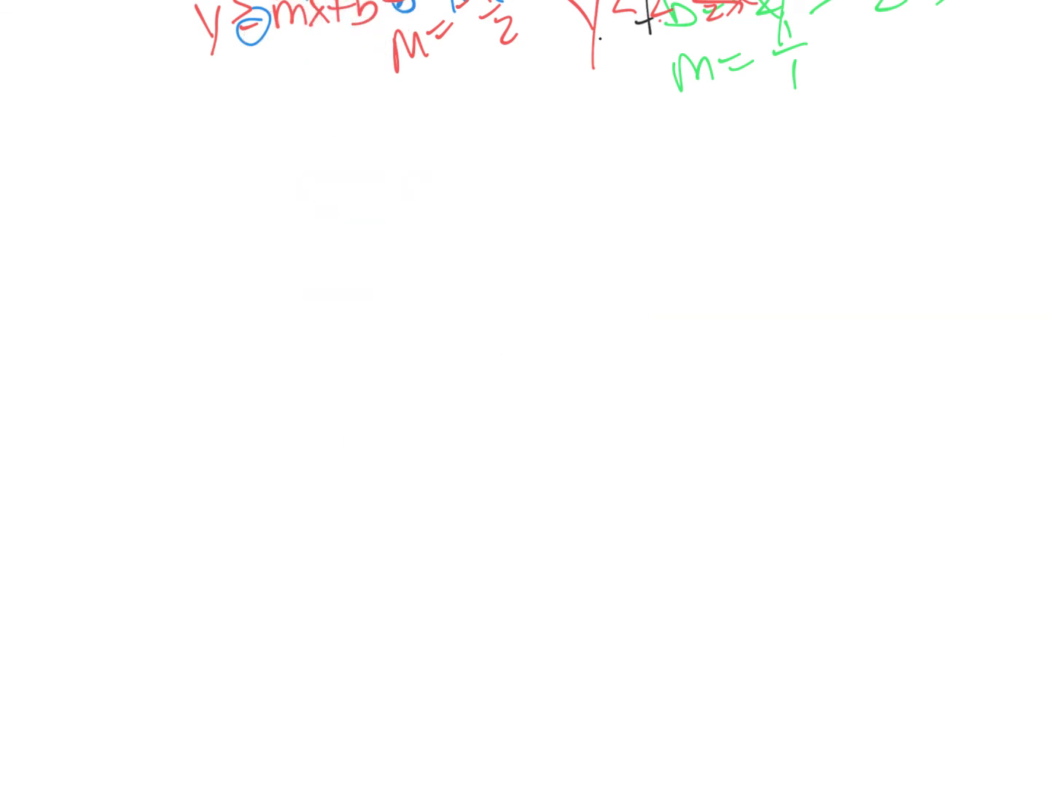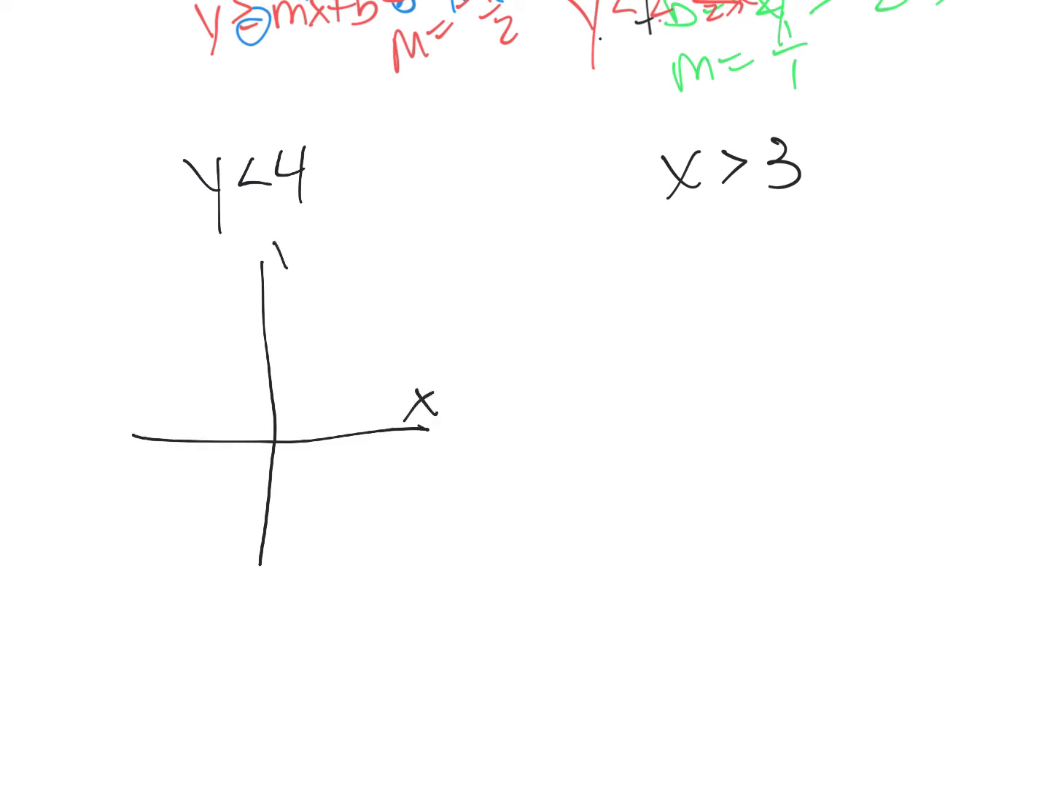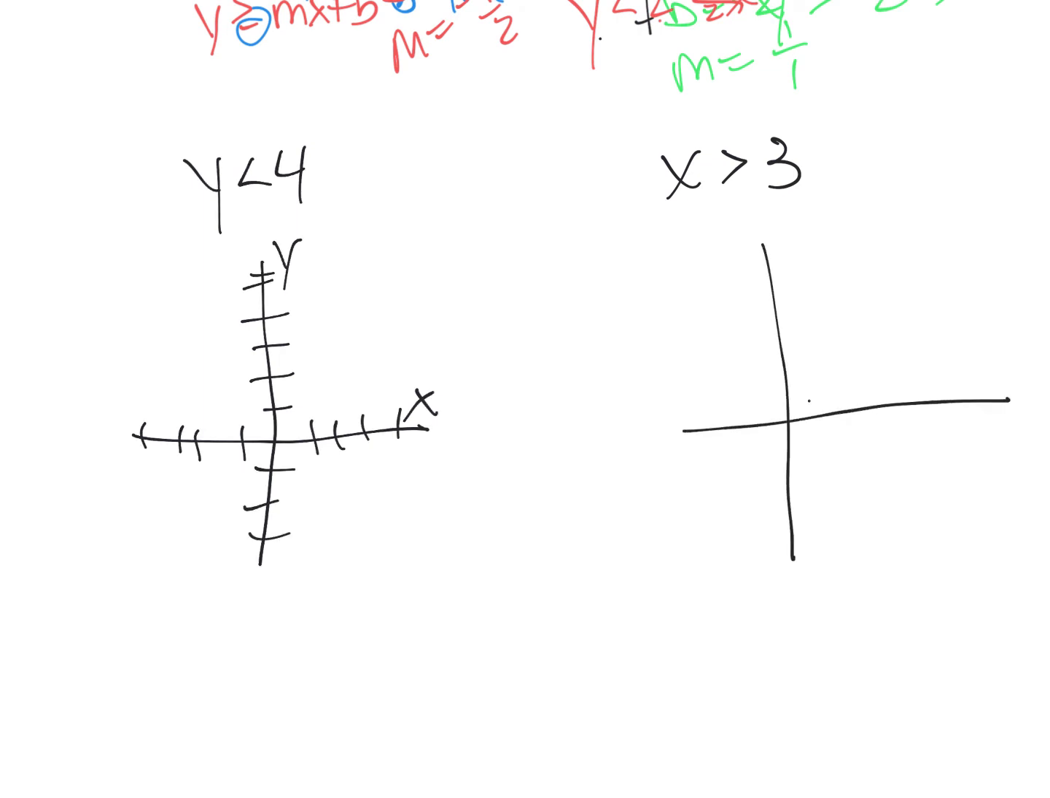Okay, so now let's look at a couple others. So we have y is less than 4, and we have x is greater than 3. Okay, so I want you to stop and think about these. These are ones we've had before. Some students have struggled with that when it was the equal sign. And I want you to understand what's happening. This is x and this is y. When I look at this first